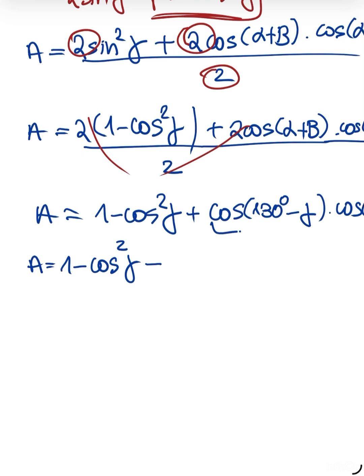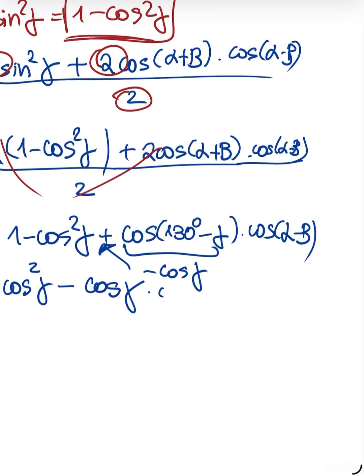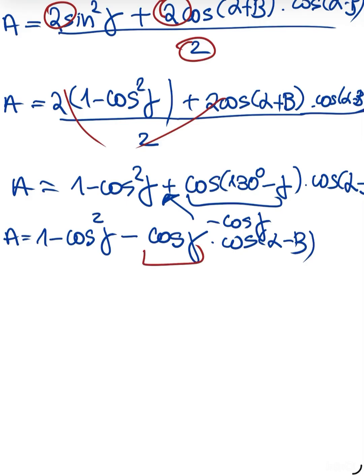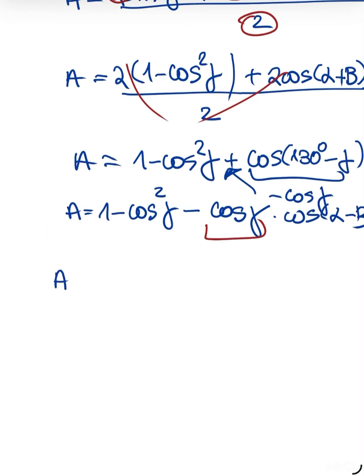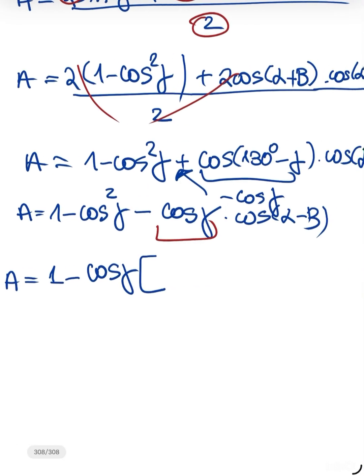We obtain minus cosine gamma times cosine of alpha minus beta. So the common multiple here is cosine gamma, and we put it before a bracket, 1 minus cosine gamma times